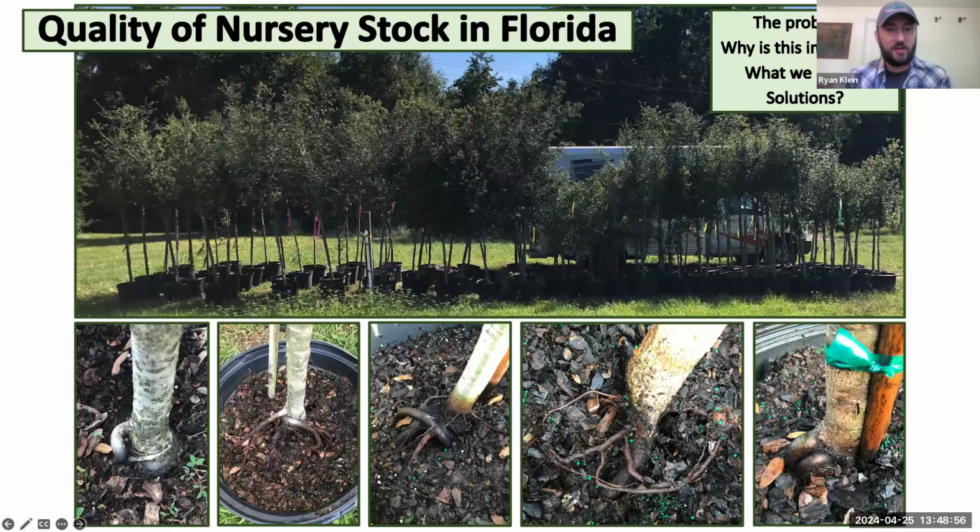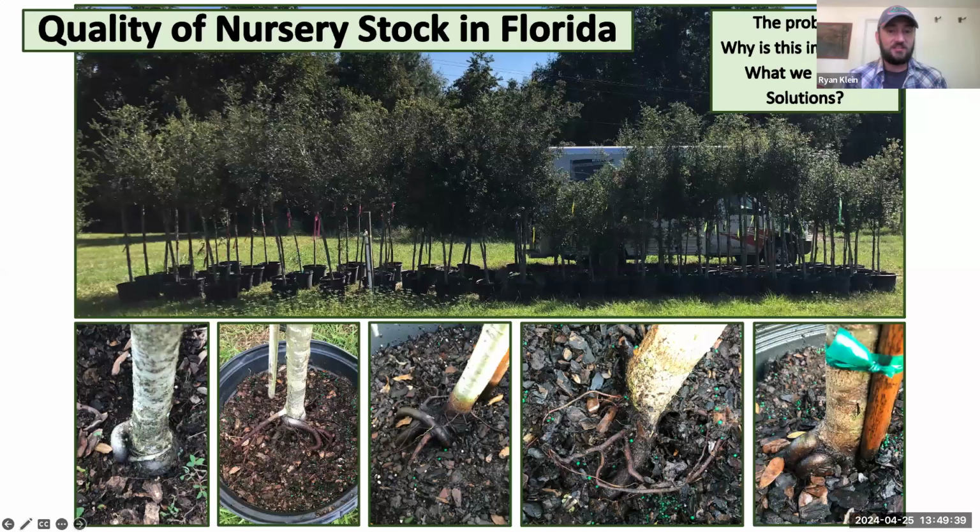So we are doing a comparison of nursery stock quality throughout the state. We picked 15-gallon live oaks because that's a common size tree and a common species that people can go to the nursery and pick up and throw in their vehicle. We also included the box stores. So there were 7 randomly selected nurseries throughout the state, out of 56 that actually sell 15-gallon live oak, and then Home Depot and Lowe's, because people buy stuff at the box stores. We're basically looking at the quality of the trees at purchase, and then if we do nothing to them, and then the quality of trees at purchase, and then if we do root treatments, so shave the root ball and then structurally prune them.